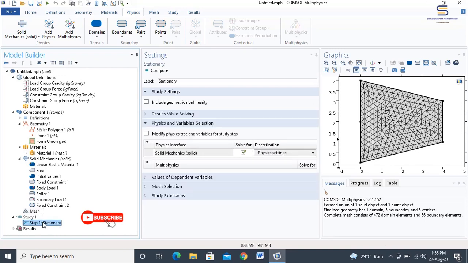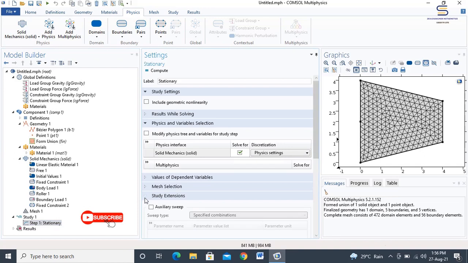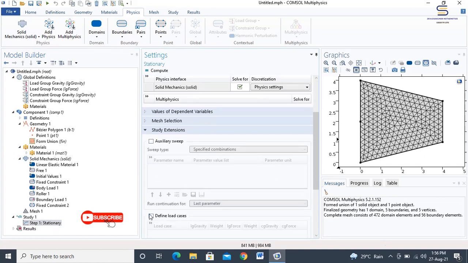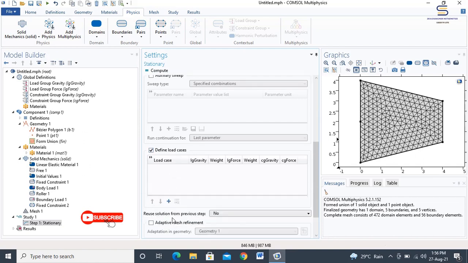In the stationary settings window, click to expand the study extensions. Click on define load cases. In these load cases, make sure that you will be able to add one of them. Click on add and then the following table appears with load case 1.